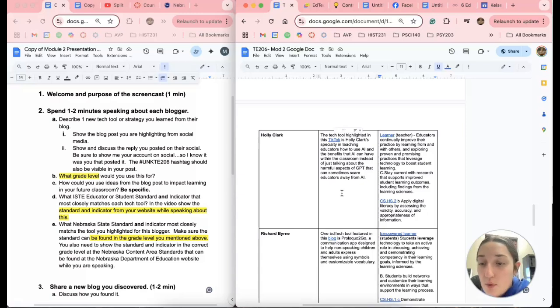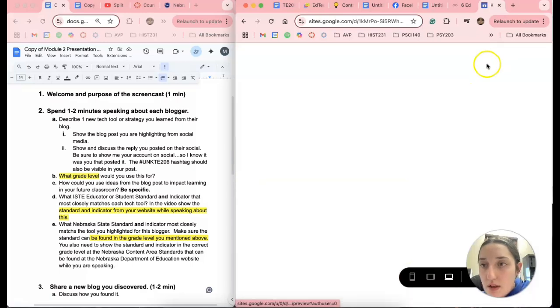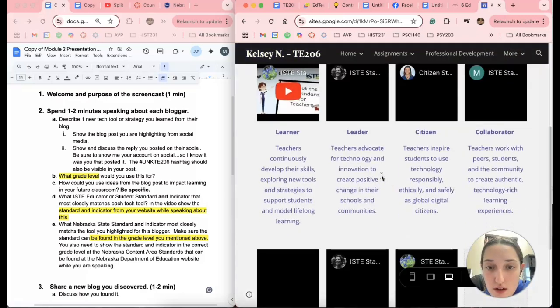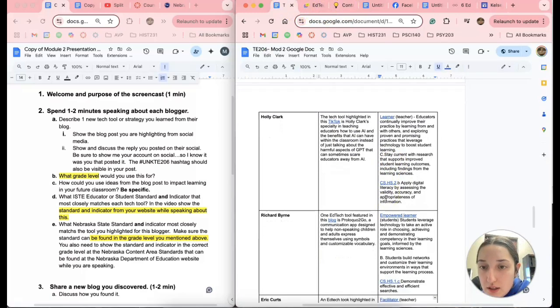And then the ISTE standard that would go along with this one is Learner, for a teacher. Educators continually improve their practices by learning from and with others. Let me pull it up on my website. Exploring new tools and strategies to support students and model lifelong learning. And then the indicator for that one will be indicator C, stay current with research that supports improved students' learning outcomes, including findings